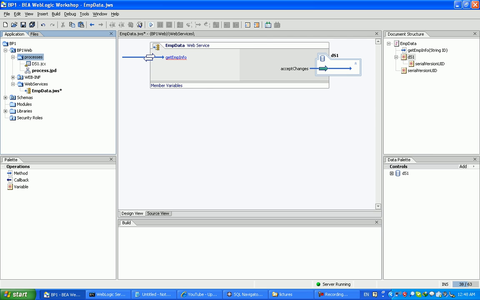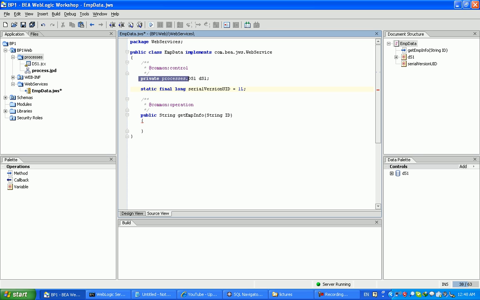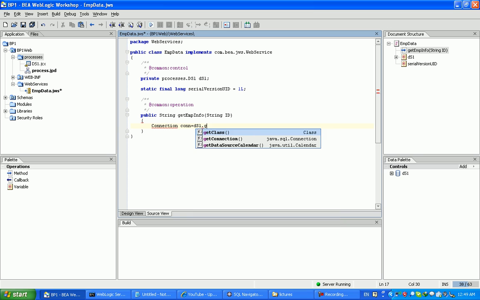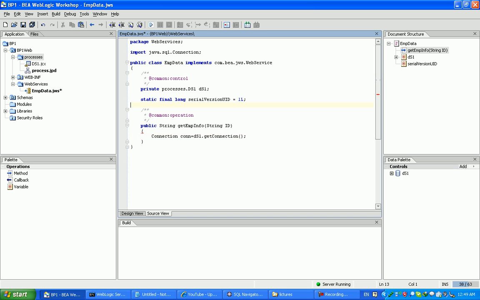Okay, we now go to the source. Here we can see a connection, the data source. We can use this data source. We need to create a connection to the database. Let's say con equals ds1, sorry, ds1 dot get connection. Here just press alt enter to import this, star, because we can use many things. Now we have to put this in a try catch part,